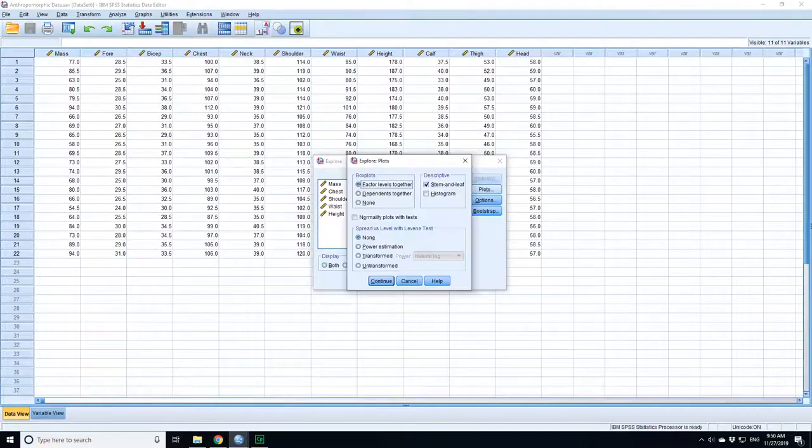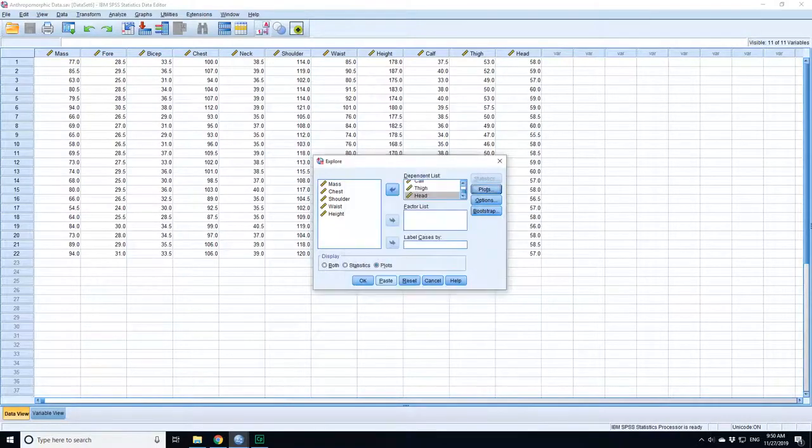If I go to plots, instead of doing factor levels together, which we used before to separate heights into two different groups, in this case I'm going to have dependent variables together. So I put each of the different variables that I'm analysing together on the same chart. I don't want the stem and leaf or the histogram, though you should always do those to check for normality. Press continue